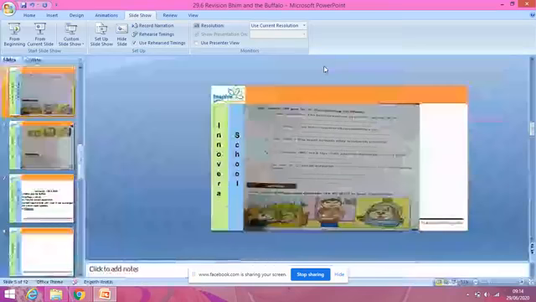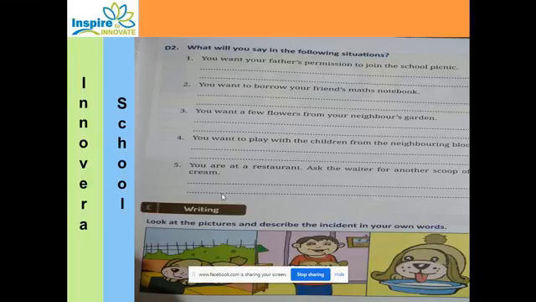Okay. See, children, now here a very interesting writing skill task is given to you. What you have to do, children? You have to observe the picture and describe it, or form a short story in your own words. How can we do it? Can you see the images? Three images are there in front of you. What is there in the first image? Can anybody tell? Yes, what can you see in the first image?